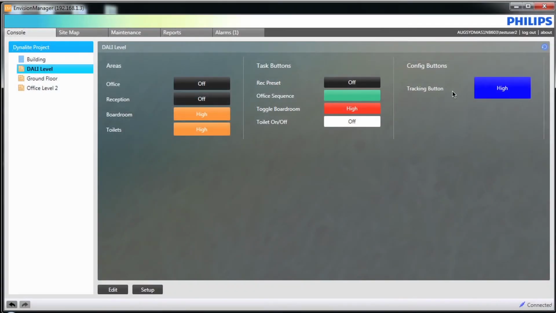Finally, we have a configurable button as our final option. A configurable button has a lot more functionality. One of the most common reasons configurable buttons are used is to track the states on the network. The standard area buttons that have been added will track any changes on the live network. However, if you compare that to the toggle button we set up,